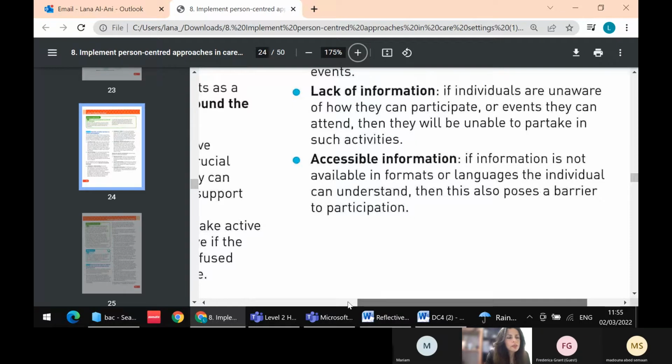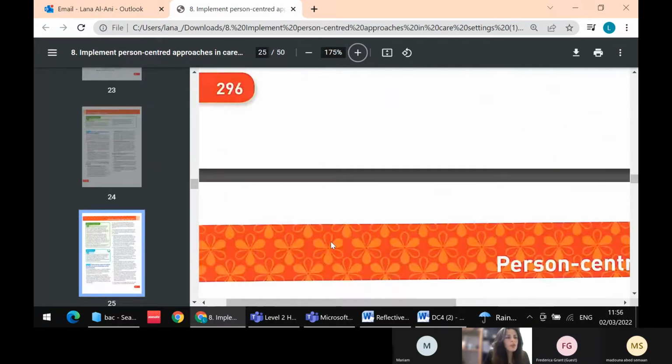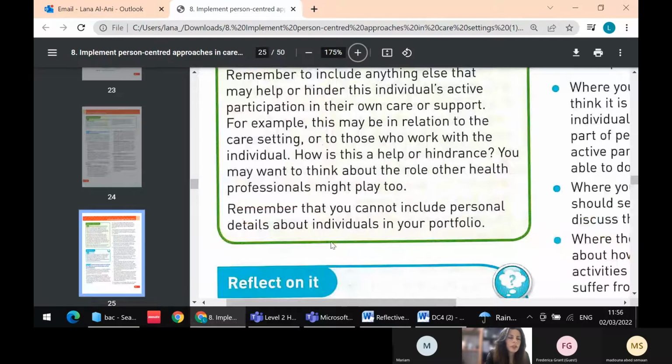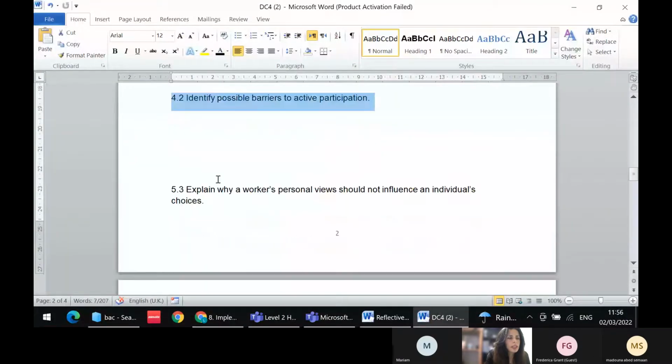Is this understood? Clear? Yeah. Yes. Okay, excellent, thank you. So now 4.3, where is it? Okay, identify possible barriers. We've done that. Now